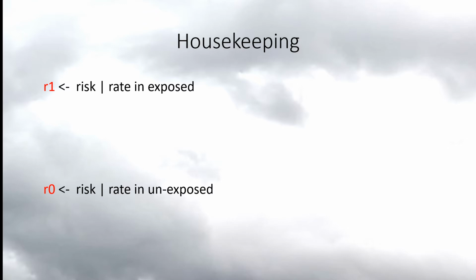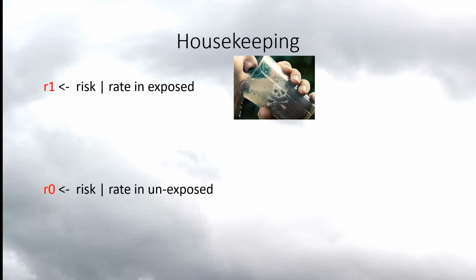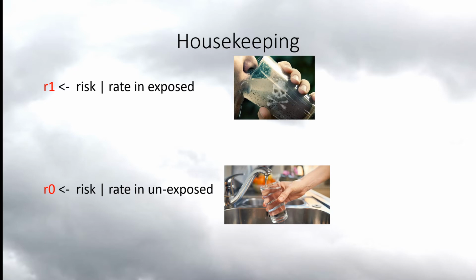Now, I'll give you an example of this. Let's say we are talking about exposure to a bad drinking source that will give you cholera, for example. Now, this R1, the risk or rate in the exposed to the bad drinking water, whereas the R0 will be the good drinking water, the R1 will have an increased risk to the outcome, which is